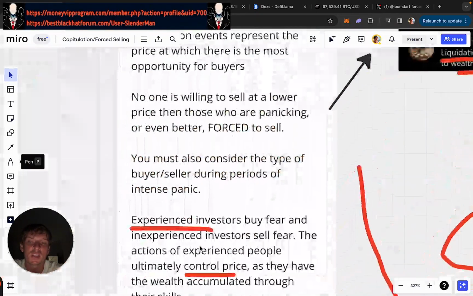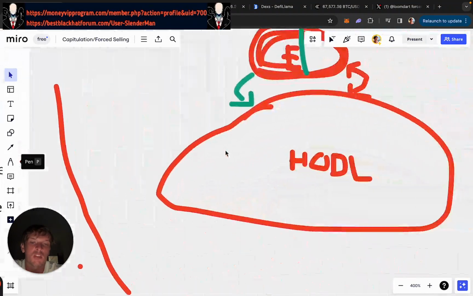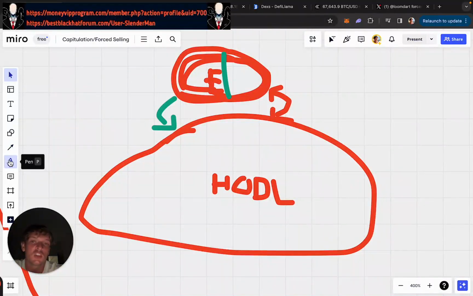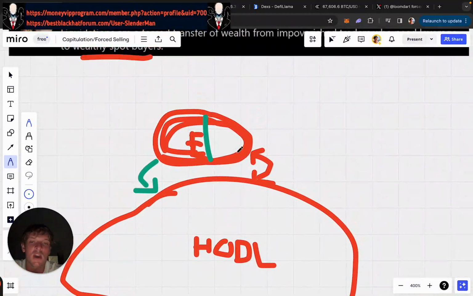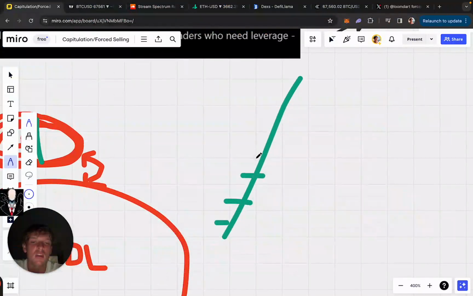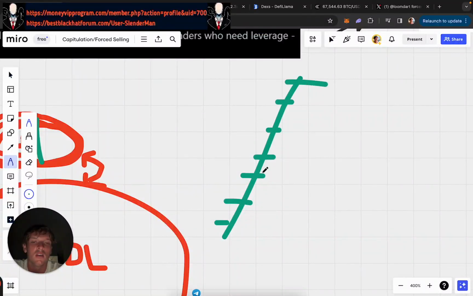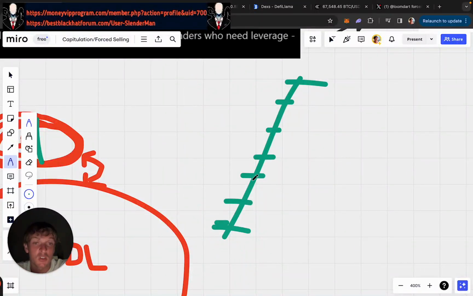Because what did I say? Really smart, experienced investors buy fear. They buy capitulations. People like me, we buy capitulations. And that is why bottoms form generally during liquidations. The total size of the hodl pool is increasing, because when you think about it, right, if you want a coin to go up in price, you have to have people buying here, here, here, here, here, and here, and here. The less coins that can be bought from here to here, right, from top to bottom, the easier it will be for price to rise. Right? Let's imagine two scenarios. There's $1 million of coins, or there's $5 million of